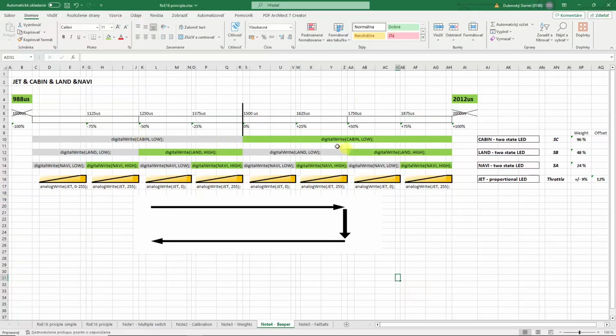It doesn't matter that when you turn it off and on you have cabin backlight off, and after that you turn the cabin on and you can turn the beeper off, no problem. So the beeper is always controlled via a switch related to cabin backlight. That's note 4. And the last note,